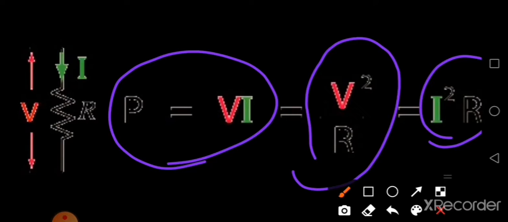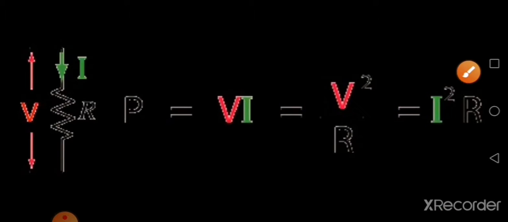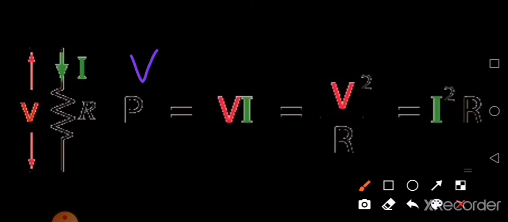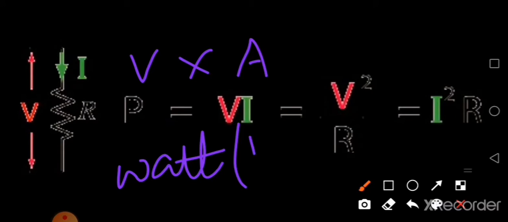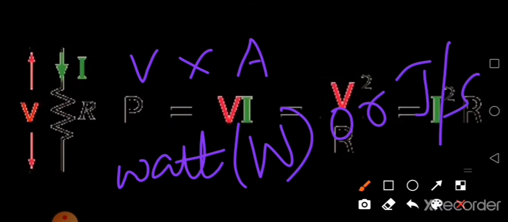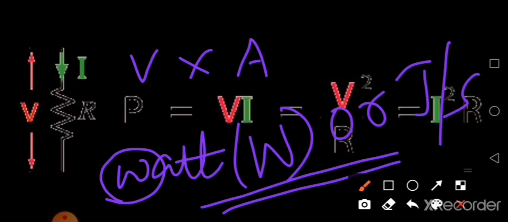Now what about the units of electrical power? See, for potential difference the unit is volt, isn't it? Now current, it is going to be ampere. So this volt into ampere, you call it as watt, or you can call it as joule per second. Okay, so when you write watt in full spelling, don't use a capital letter W. Those rules you already learnt in your 9th standard, isn't it? Now the SI unit of electrical power is watt.